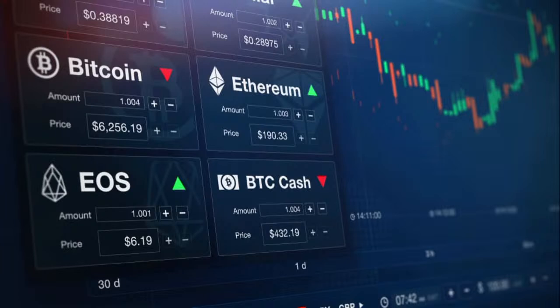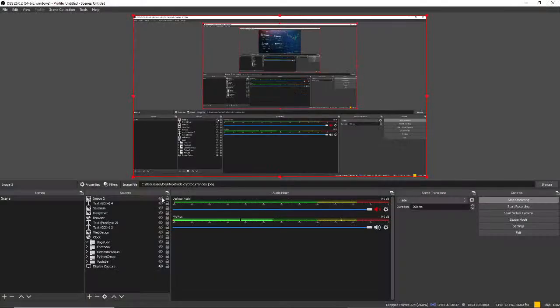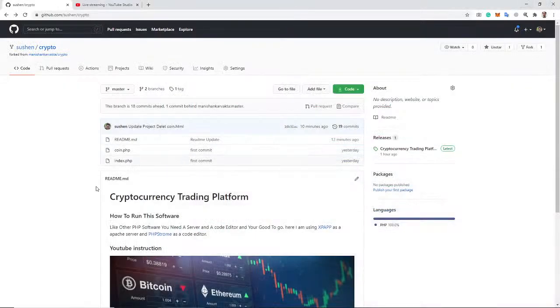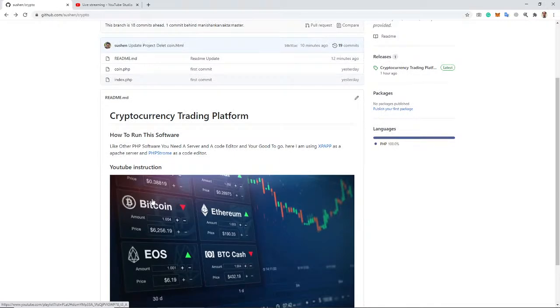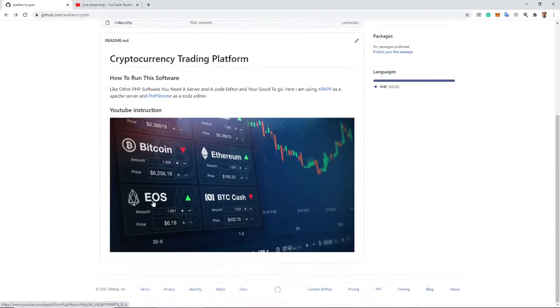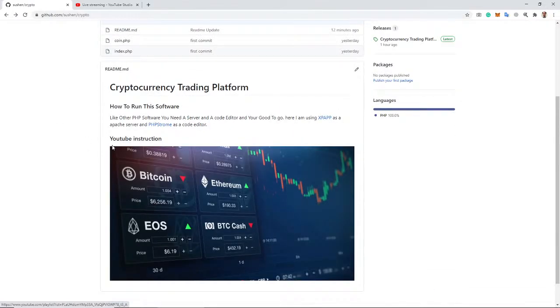How we actually use that trading platform. It is a simple PHP script. I'm going to show you how you actually do that, and in that GitHub repo, YouTube instruction, if you